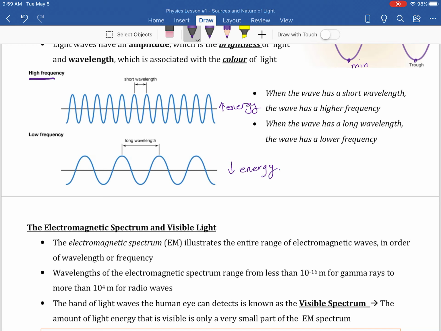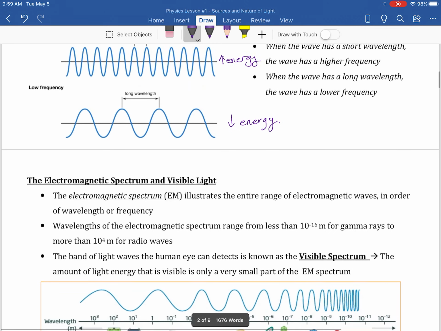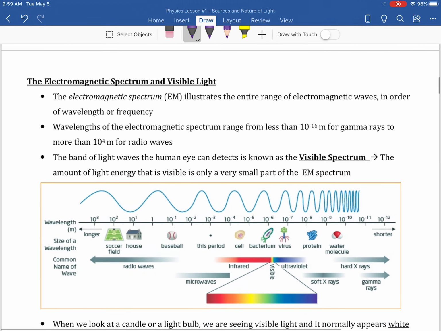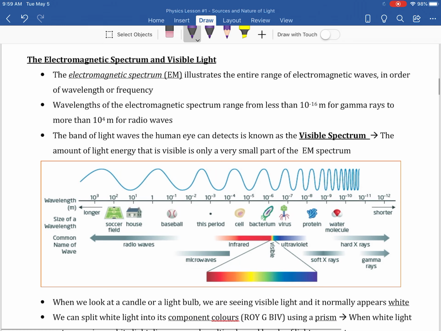Okay? So now, when we take a look at how we're going to use this information about waves, it has to do with the colors we see, which we already know are because of wavelength. And it has to do with how those things hit our eyes and how light is related to all of this. So there's a very important